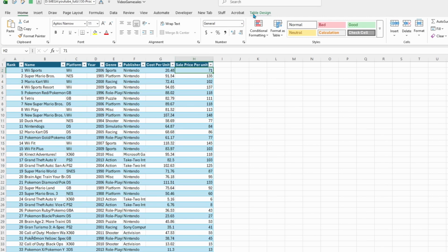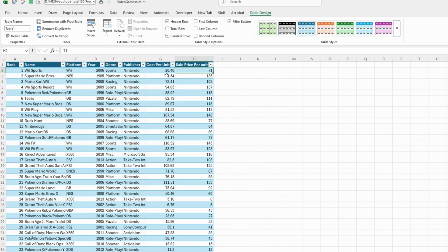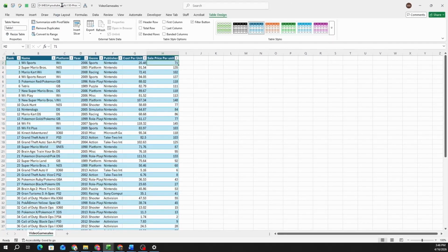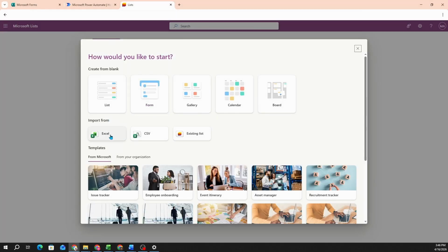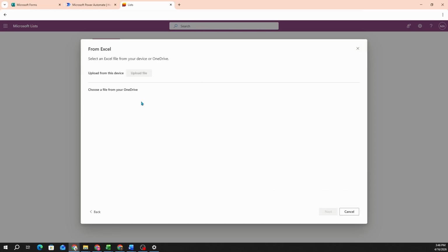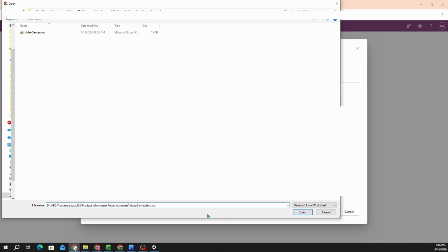Keep in mind that this is in a table format, so if we click on table design, you can see the name for it, table 1. You can rename it, or you can simply keep it as it is. Let's copy and click the link, close this, go back to lists, import from Excel, and here we will say upload from device, and simply add this link that you copied before. Click on open,